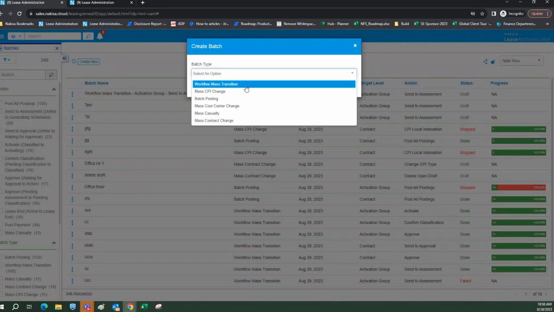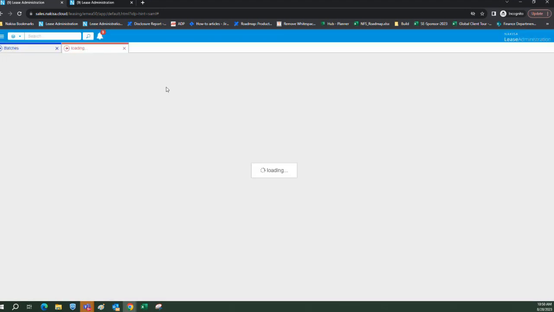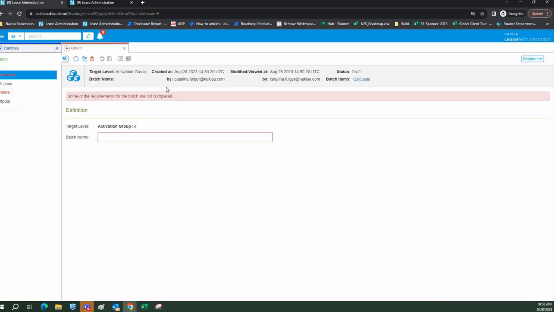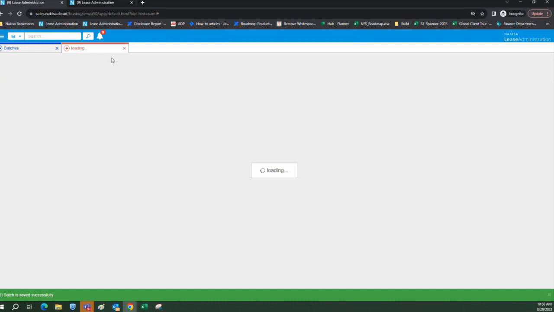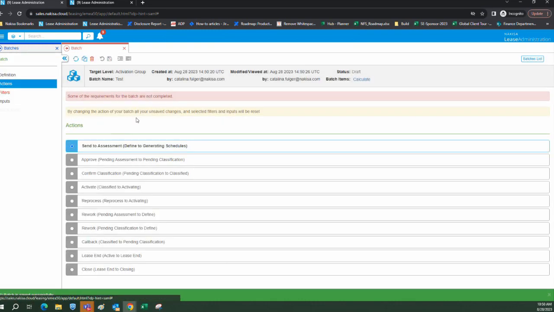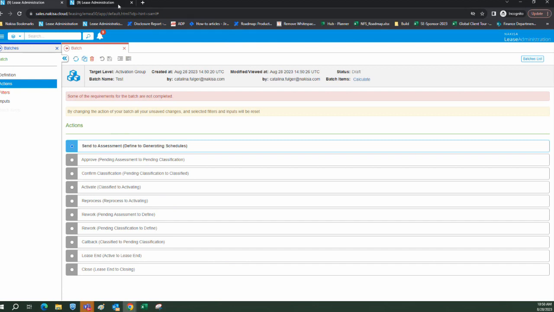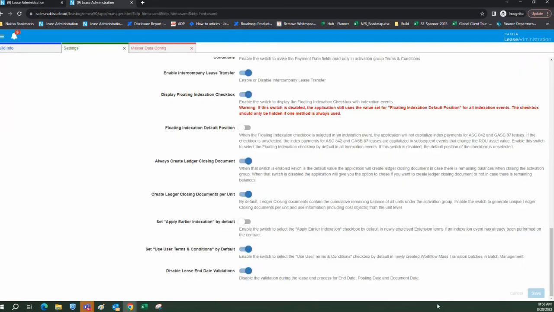In a lot of circumstances, you will need to apply the earlier indexation. You want to move along with the indexation that was applied before. So this is something that the user will have to do. So it's an extra step. But as you can see, this is a user's choice right now, so they will need to remember doing that,